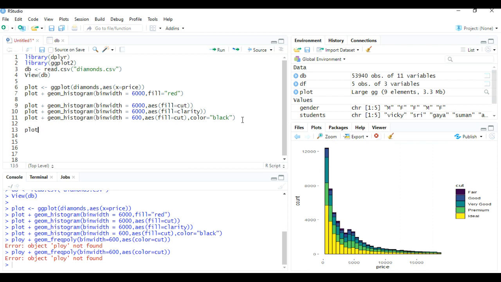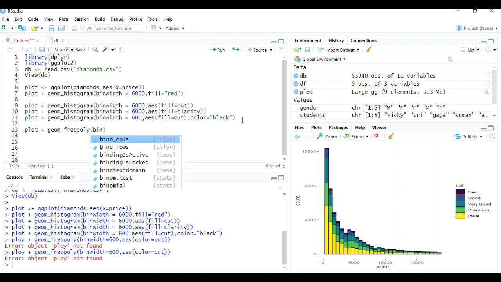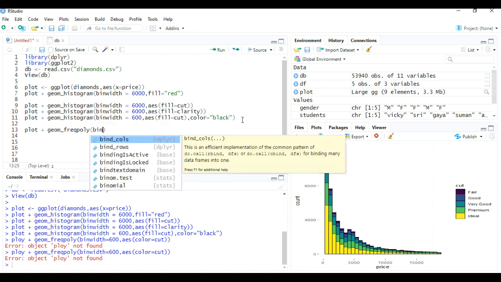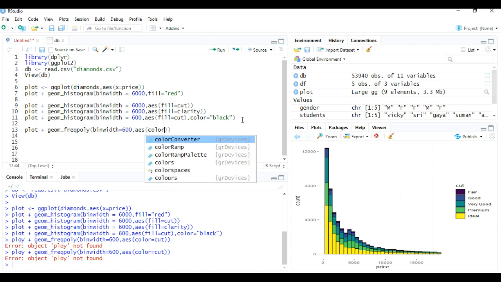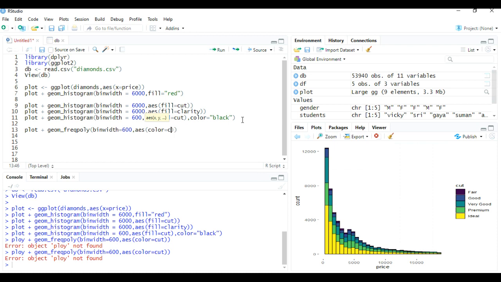So plot plus geom. Here in place of histogram I'm going to use freqpoly. Inside that I will give binwidth, similar to the previous, I gave 600, comma, in the aesthetic function I am going to give color equals to cut.